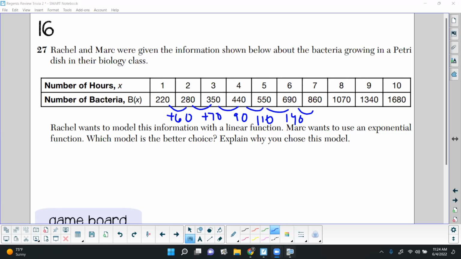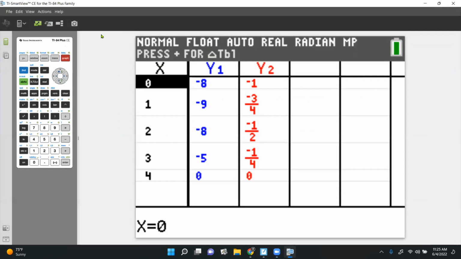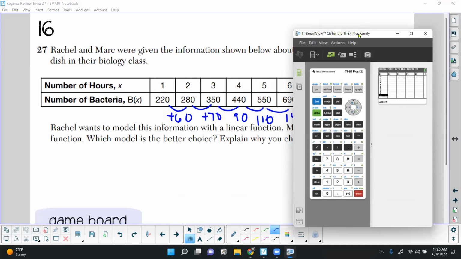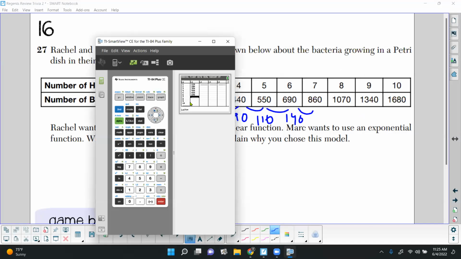So hopefully you guys are thinking, oh, I should put this data in my calculator, right? Let's open our calculators up here. I'm going to go to my stat edit. I'm going to clear out my list here. I'm going to start typing in some data. I've got 1, 2, 3, 4, 5, 6, 7, 8, 9, 10. Then for my other data I got 220, 280, 350, 440, 550, 690, 860,